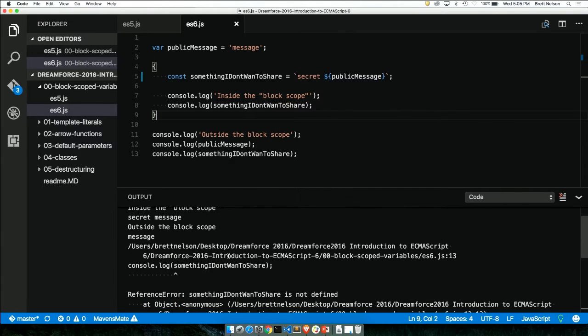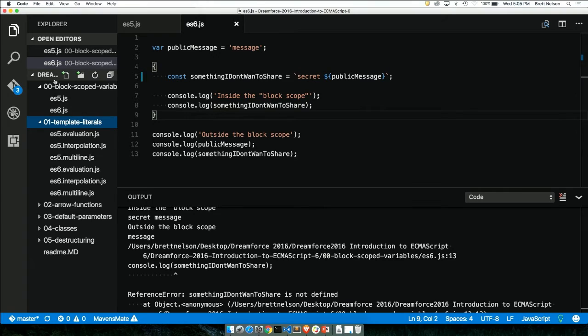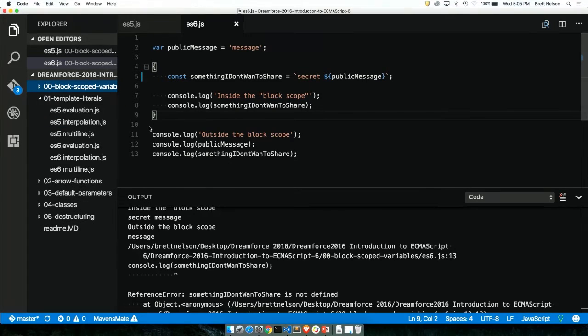Same error since const is out of scope after this bracket. If you've been looking ahead, you may be wondering what a template literal is, since it sounds pretty fancy. It's a new way to say string. So with template literals, you're able to do things like multi-line strings or variable evaluation and evaluating methods or functions